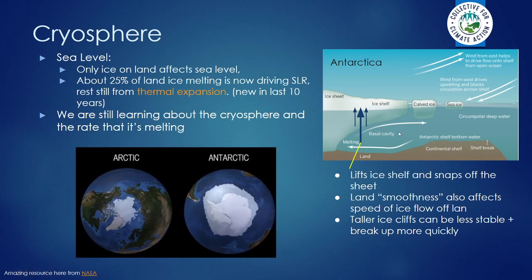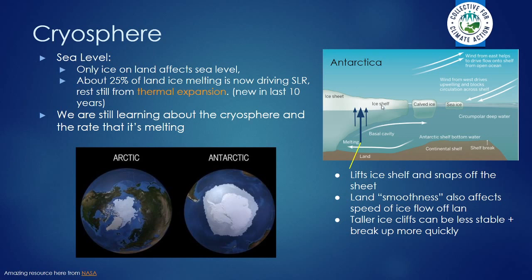But in Antarctica, because a lot of it's so high, the air temperature isn't cold enough to melt ice in that way yet. But on the edges of Antarctica, warm water currents are actually the driving force. That comes underneath these ice sheets. That's an ice sheet still, even though it's mostly submerged, it's still touching the ground. But they come underneath the ice shelves and they eat away at the bottom of the ice sheets.